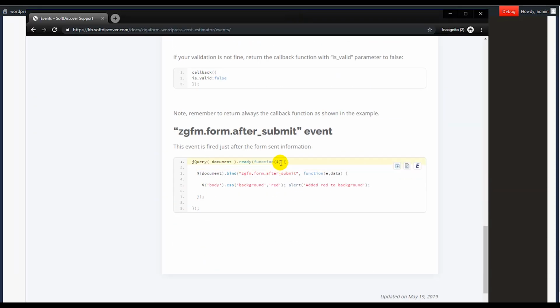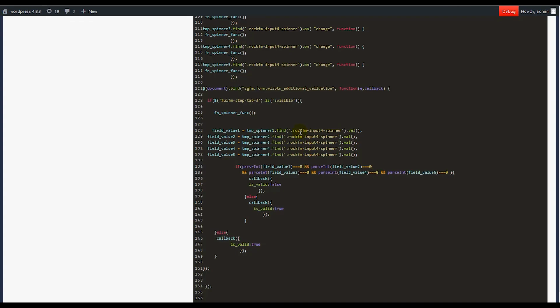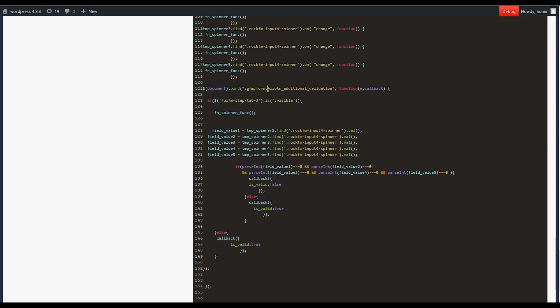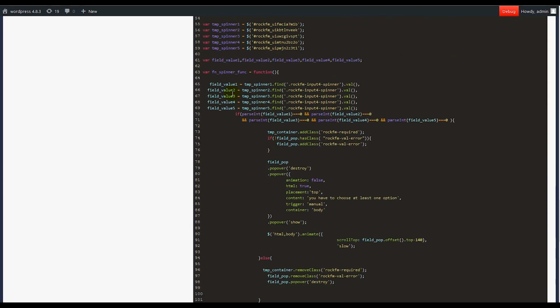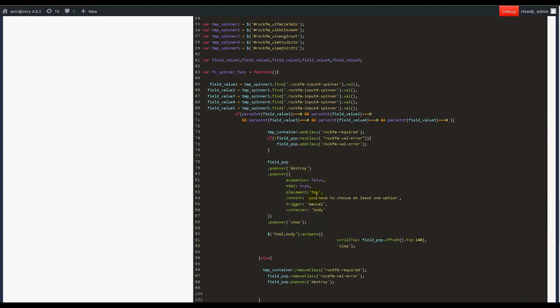And there are other events here. So after submit you can add other code. So that's the information. In this case I use this event. Once the validation is running, so this is an additional validation, you can see the validation runs here. The function that I created is running here. So all of this gets the values of the spinner, then compares, and according to that, just shows the pop-up